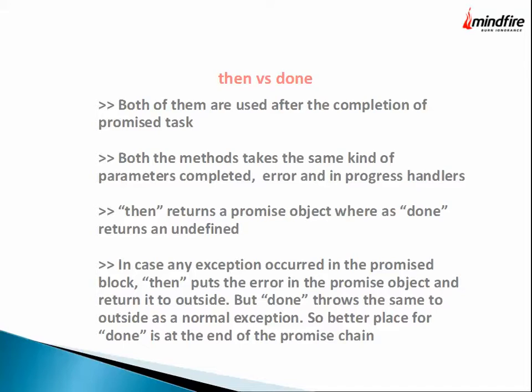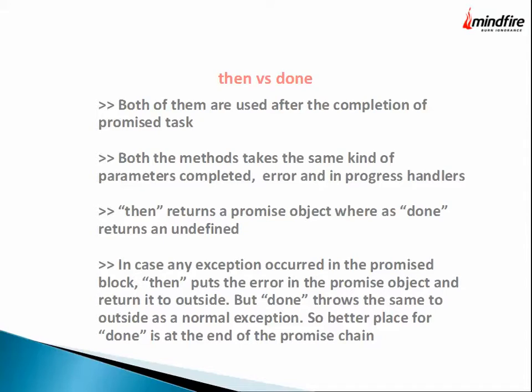Then, in the chaining system, what I said: do this task, if this is completed, then do this task. If this is completed, then do this task. This is the chain of promises, right? Let's say you are getting a list of businesses. Get my businesses first. If my businesses are there, then get their images. If the images are there, then get their other details, right? So this is called a chain.